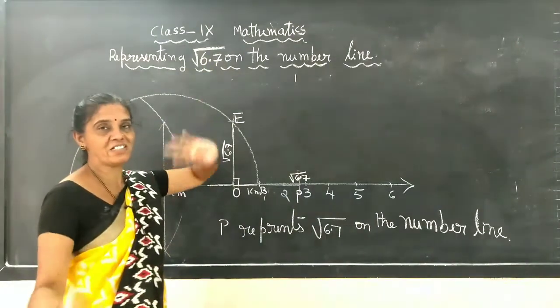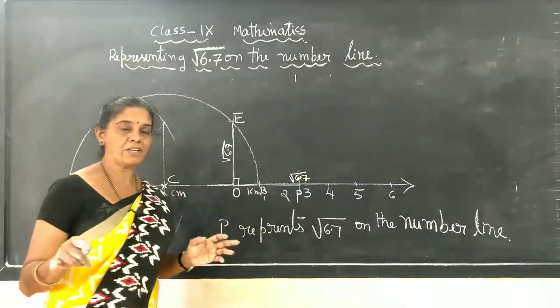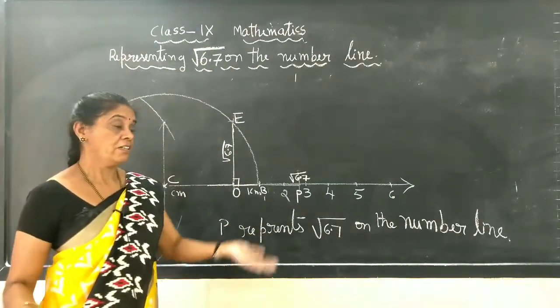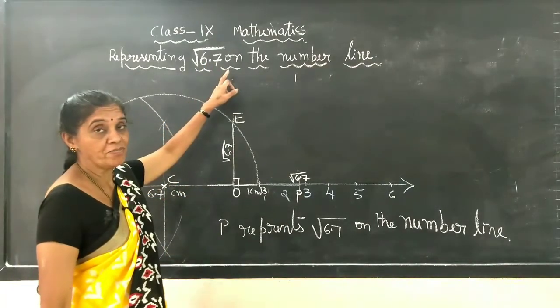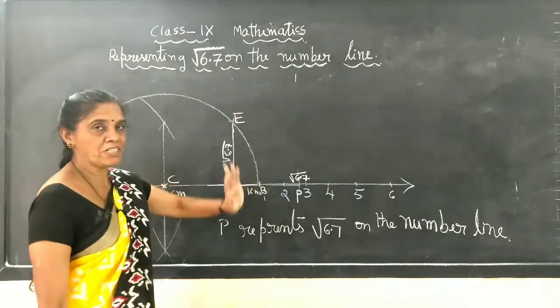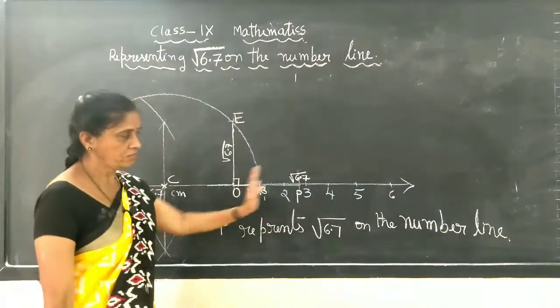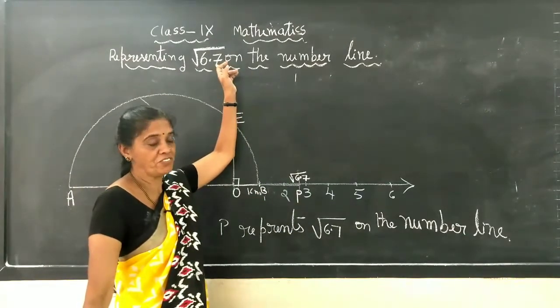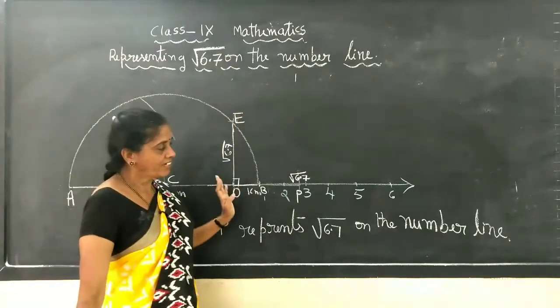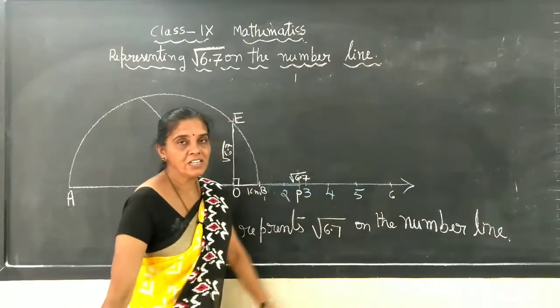There is no such restriction. You have to take the whole number only, but here we have taken a decimal number, 6.7. So whatever the number is, whichever big number, small number, no problem. Positive number, that is one thing you have to write. Positive number here, okay, we have to take the root number, we can represent it on the number line.